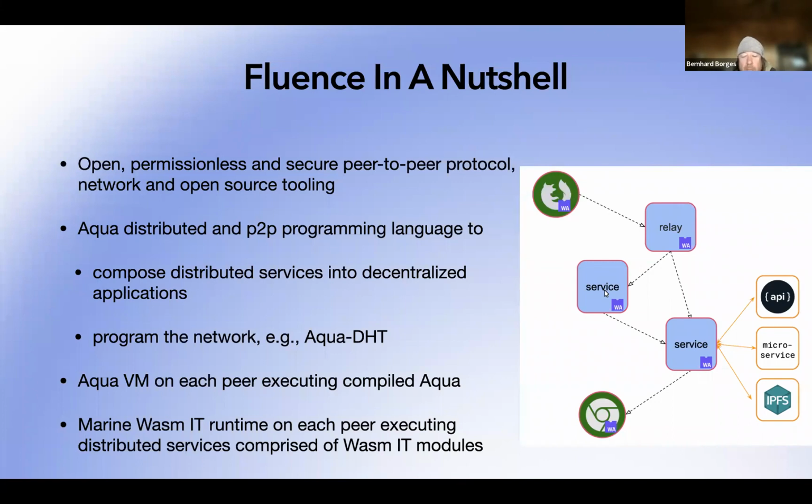And it's peer-to-peer, so in the Fluence model, you do not use REST endpoints or JSON RPC. You use a different kind of addressability model that is comprised of a peer ID and a service ID. A peer ID is actually just a hash of the public key of the node operator. So the peer ID is not related to the IP address, which has a lot of advantages, but also disadvantages. There are security risks because of that.